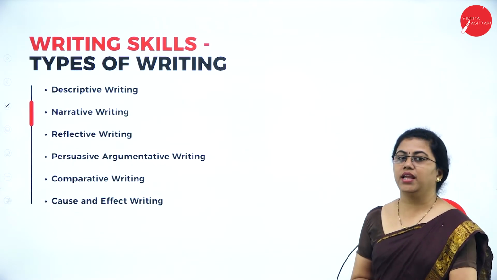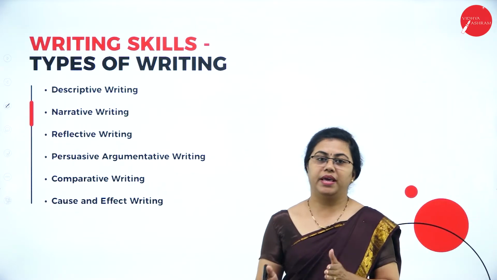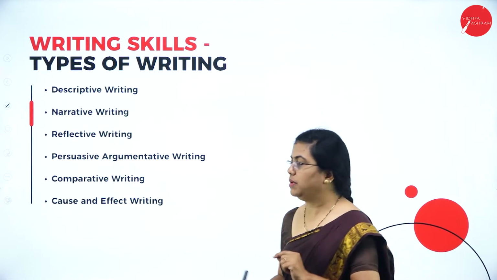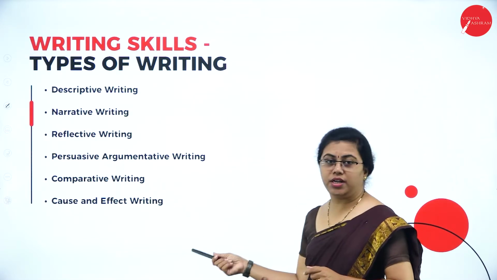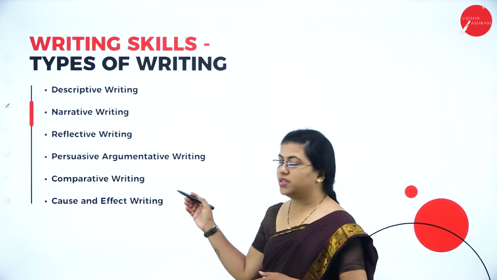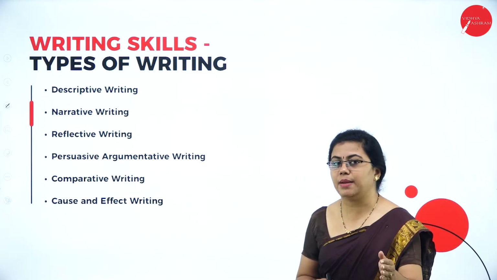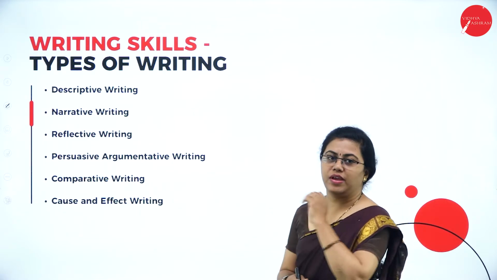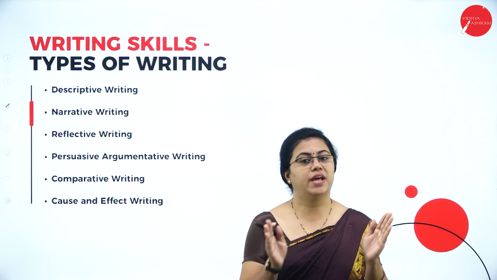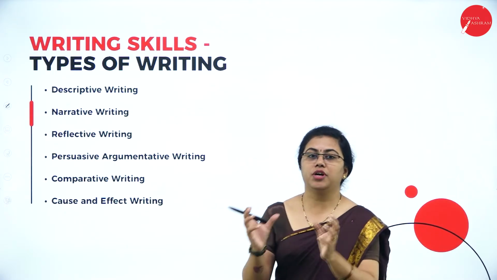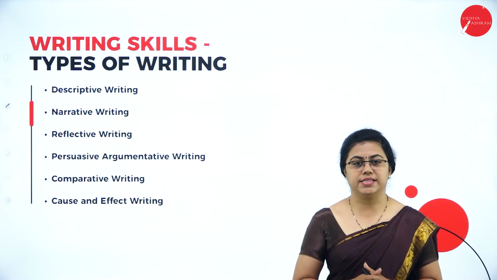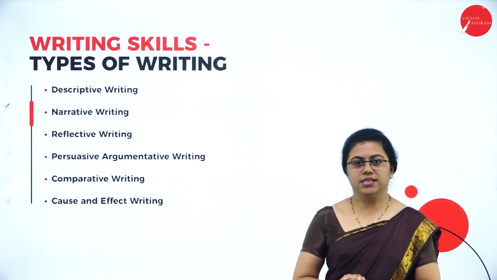Then we have comparative writing. Suppose you are doing a case study, you are comparing two things. So there, when comparison happens, when you are writing a report, that becomes a comparative writing. So whatever you have written over here, that will be presented in the form of speaking skills in the class. Then we have cause and effect writing. So there is some incident that has happened, that what is the cause for that and what is the effect of that. So this will be presented by you. So whatever projects you have done, whatever surveys you have done, interviews you have done, whatever it is, you will first prepare a report. That means writing skill happens first. Then comes the speaking skill. You have to present it before the class. That is the speaking skill.